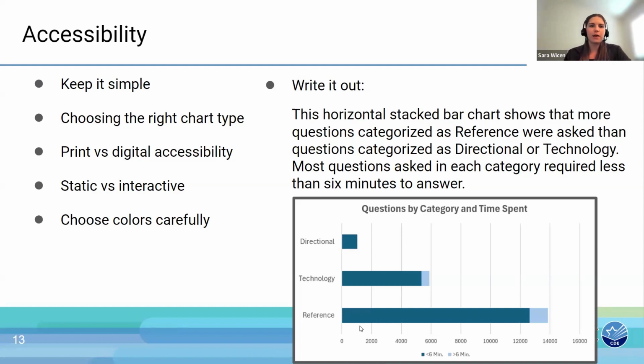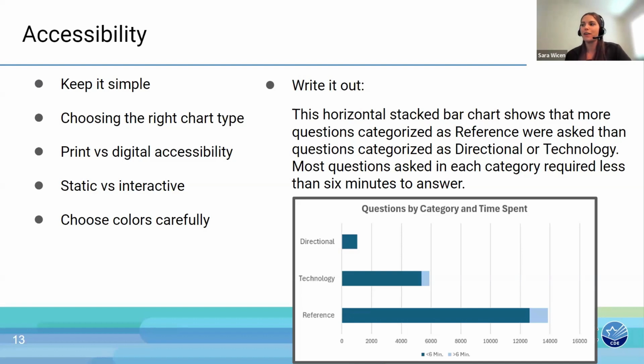To talk a little bit about this bullet point, print versus digital accessibility, that's something that Dana just touched on. She was speaking about demos. Those are very interactive, digital, and that creates complications within accessibility considerations quite a bit.